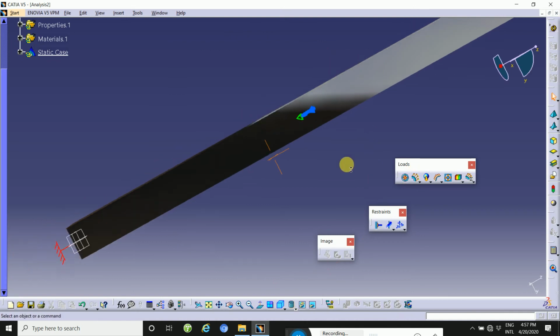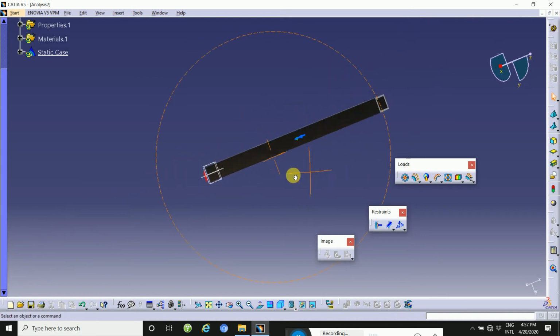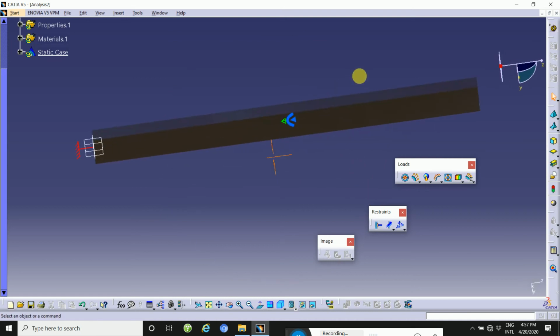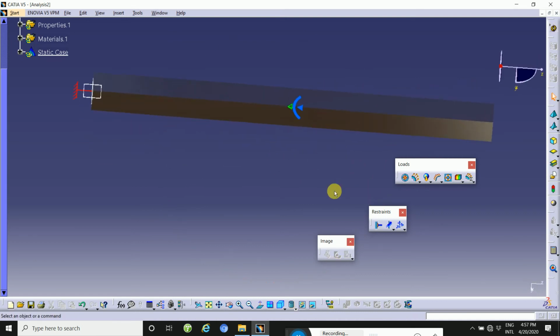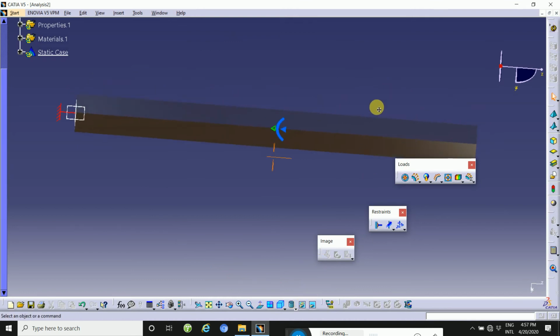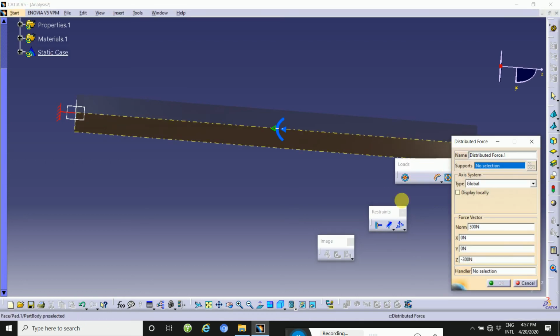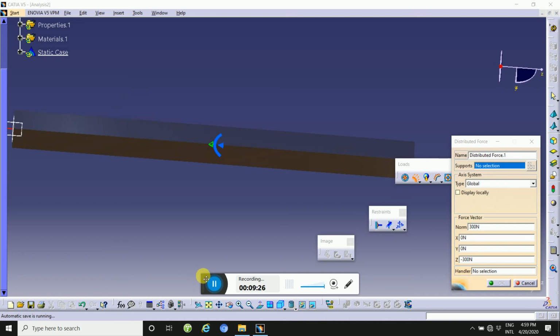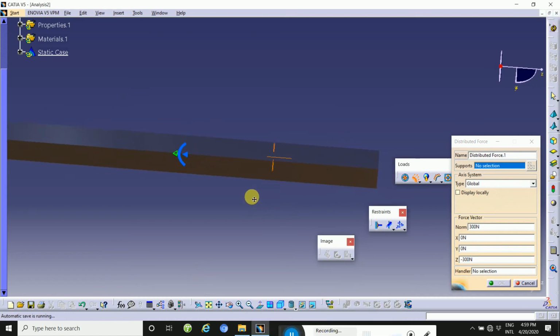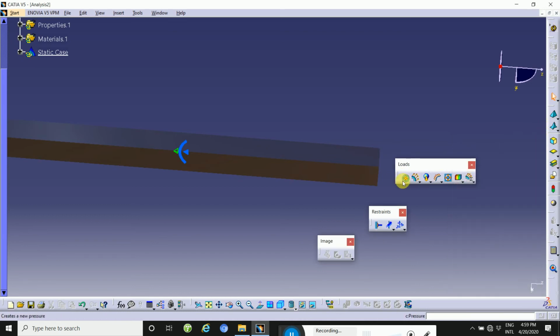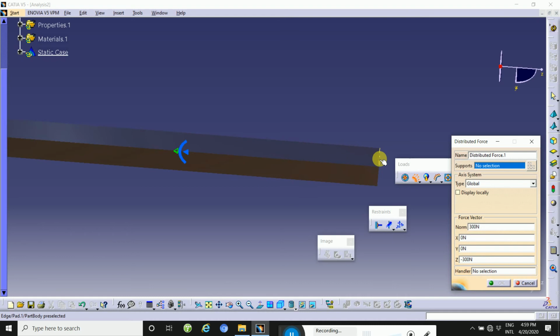Then apply the distributed load. Apply the load here. The distributed load is here. Then you will apply the distributed load. No, this is wrong. So first you select, and then apply here.